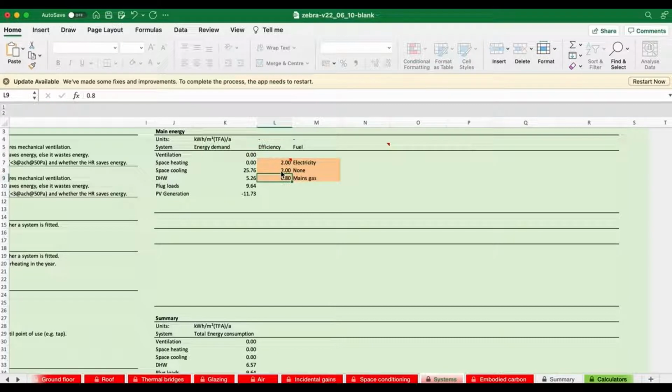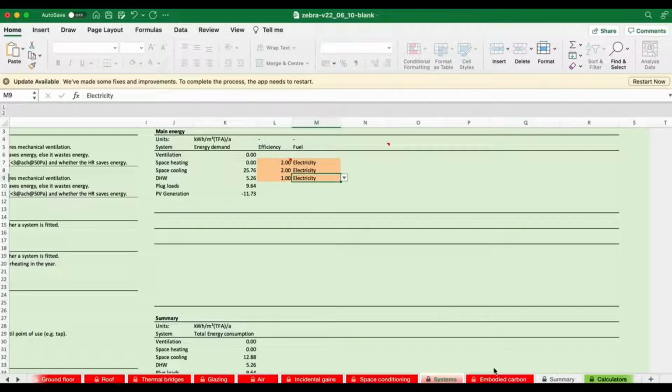And again, we've got a coefficient of performance of 2, and we're going to run it off electricity. The reason you have to choose the fuel type here is because the amount of carbon emitted per kilowatt of heat or cool depends on what fuel you're using. Domestic hot water, we're going to assume that comes off direct electrical heating at the moment. So it's got an efficiency of 1. And again, it's electricity. Okay, and that's it for our system sheet.